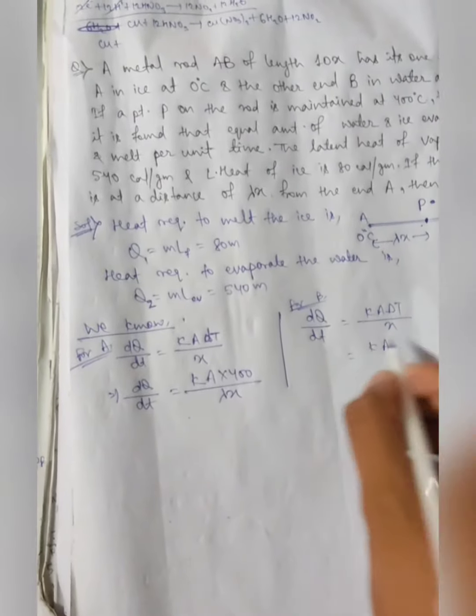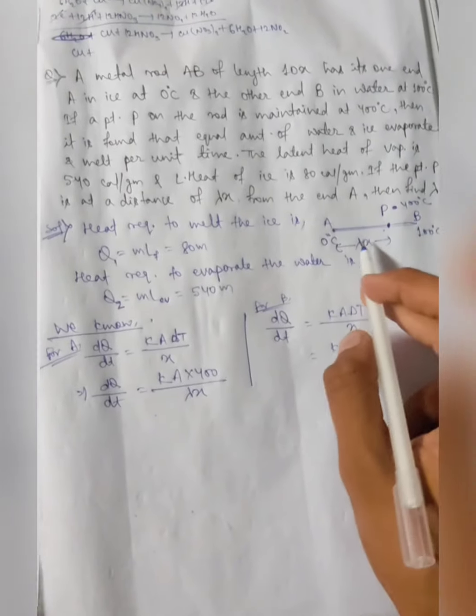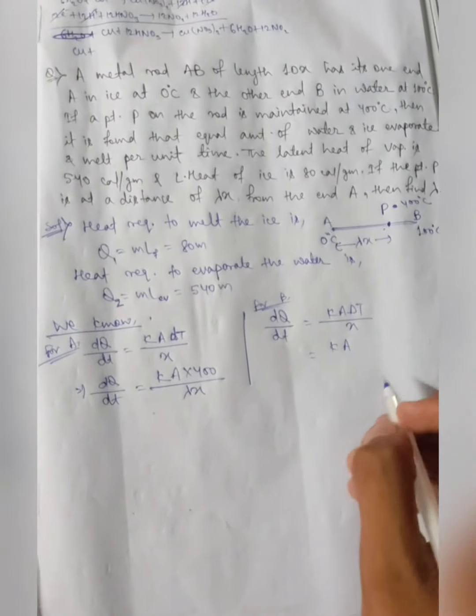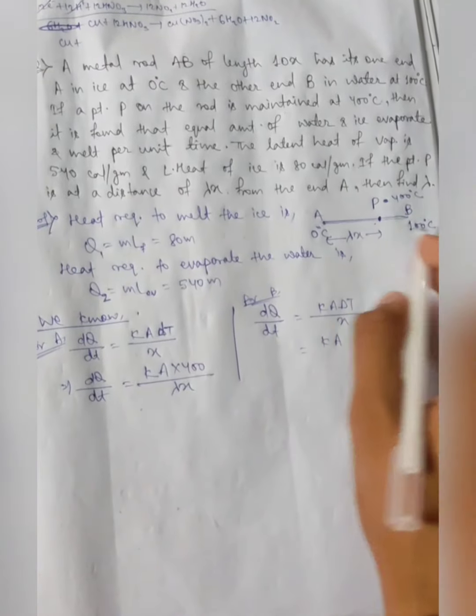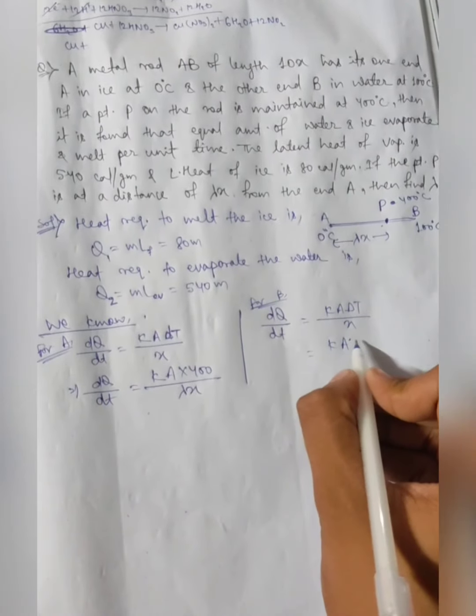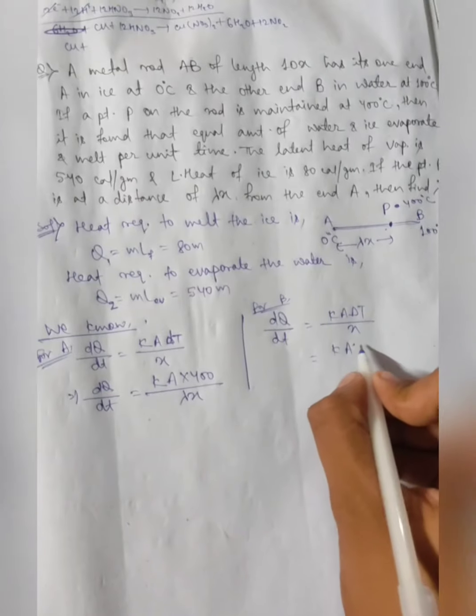K A is the same since the material of the rod is the same, and delta T is in this case 400 minus 100, so you can say 300